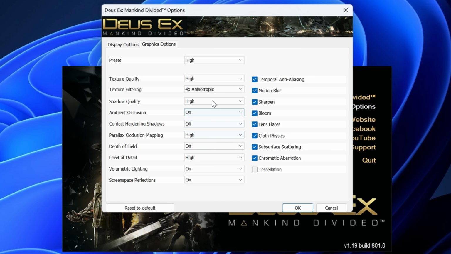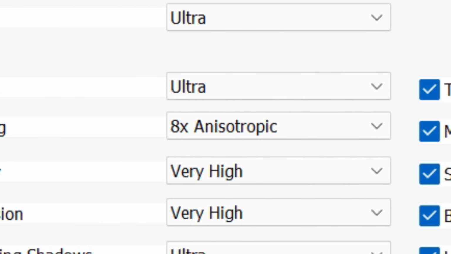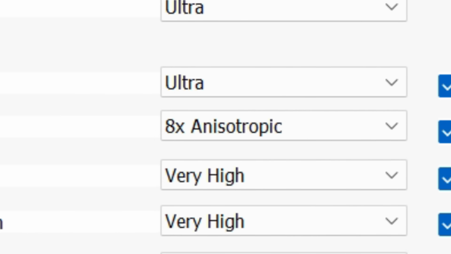The worst offender being Deus Ex Mankind Divided, which only lets you choose anisotropic, which in my opinion is good, but then it does this annoying thing where even the highest preset still only sets it to 8 times. Why? Why would they do this? Every other graphics option is set to the highest, and that includes all the super demanding framerate sapping ones, so why, in the name of all that is holy, would they troll players by restricting something as tame as texture filtering? Oh my god, it's been 6 years and it still pisses me off.